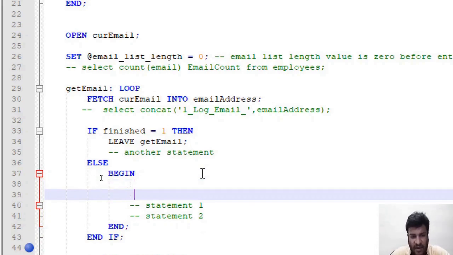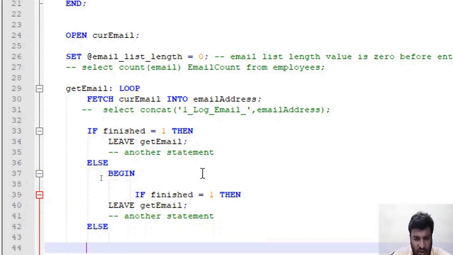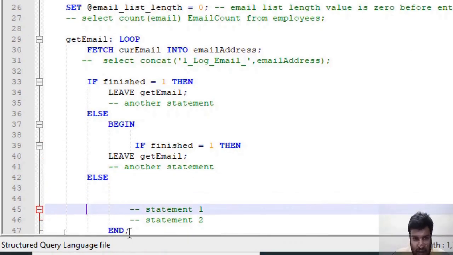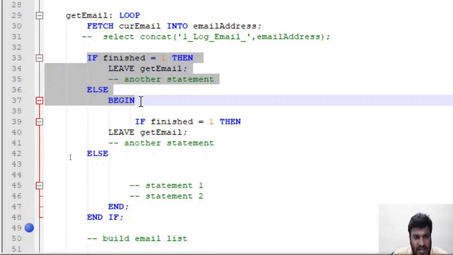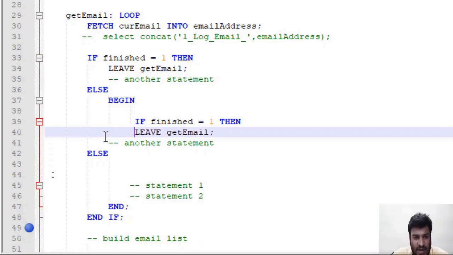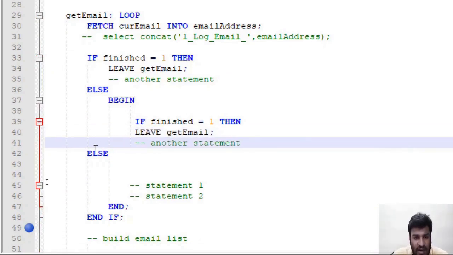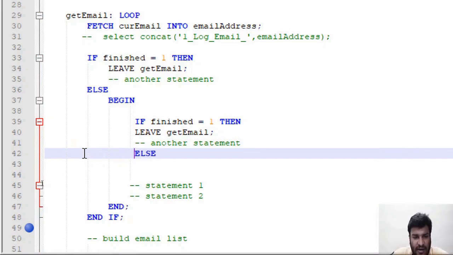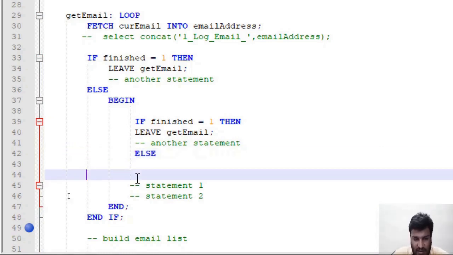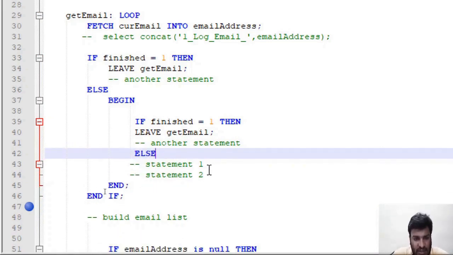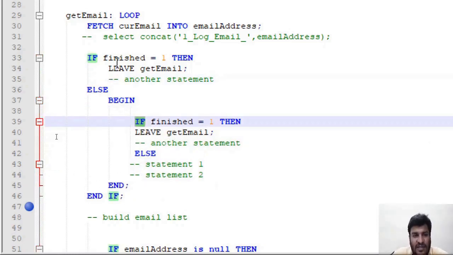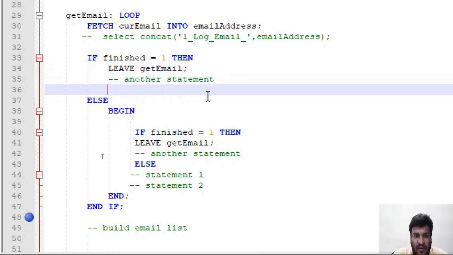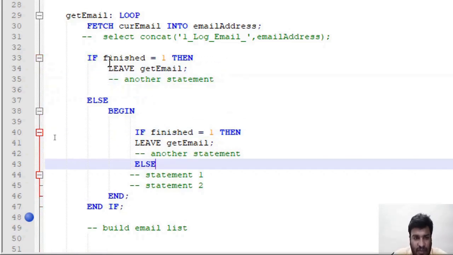And we can have if else ladders. We can create if within if. So you can see over here I have created an if within if. It started from here. So this is the else begin, and this all is contained within it. Let me indent it. So you can see that this is inside this else. This is called nested ifs. So we can have it over here, anywhere we want.